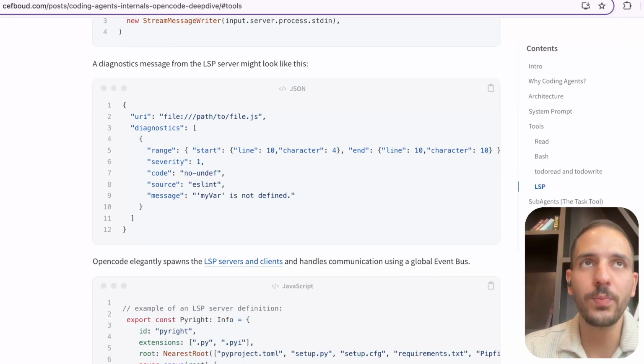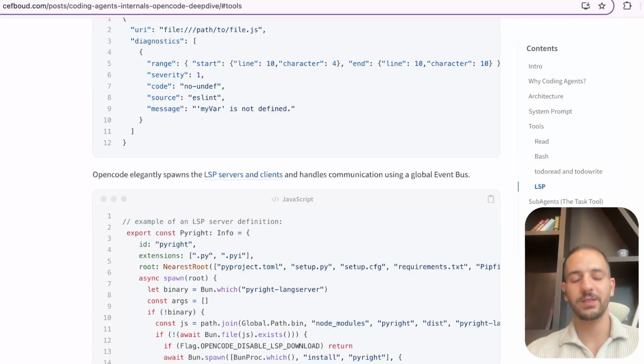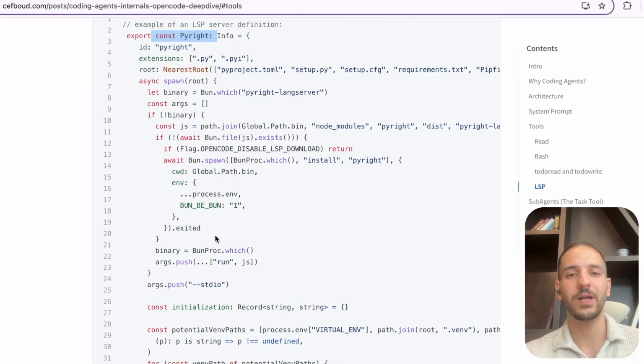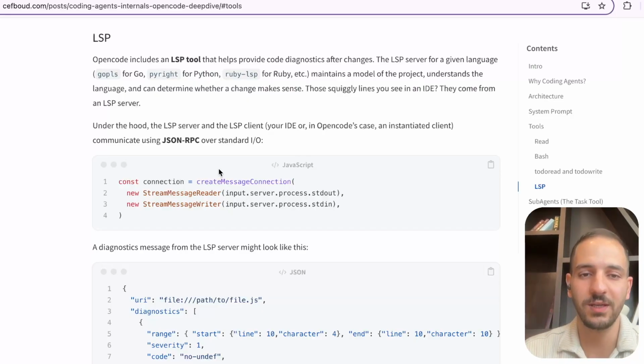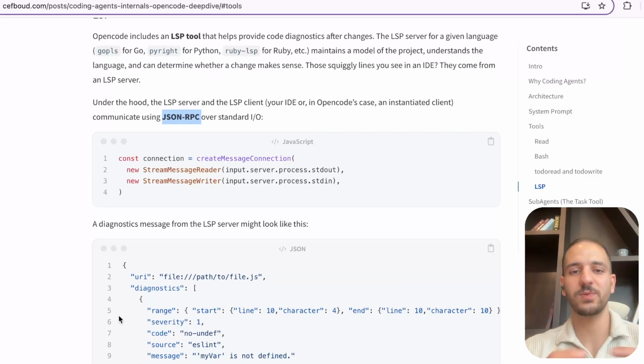And the way Opencode implements this, when it starts, it launches an LSP server for various programming languages. So for Python, it launches a Pyright server, and for Golang, it has a gopls server. It has a Ruby LSP server, and so on and so forth. And the LSP server and client communicate through standard I/O using JSON-RPC. So the messages between the LSP client, in our case an embedded client within our own coding agent,